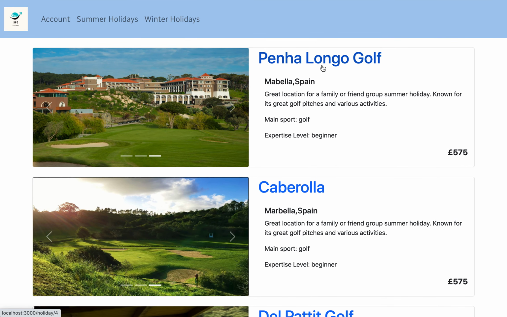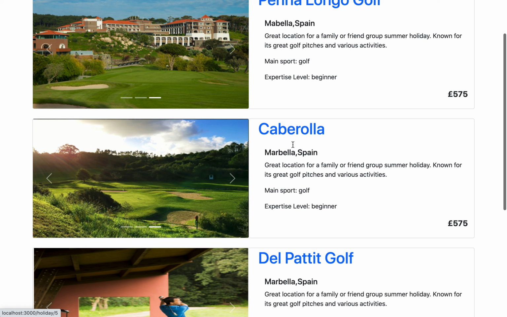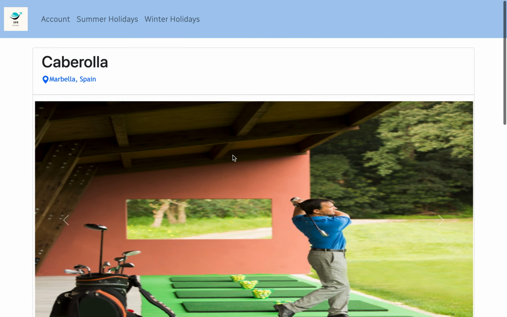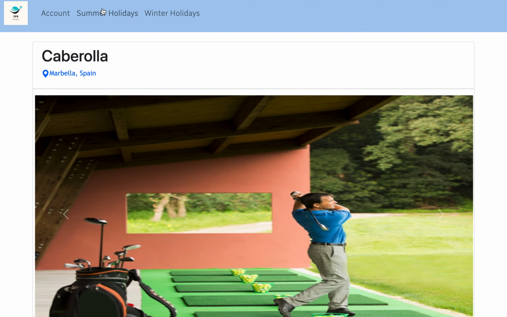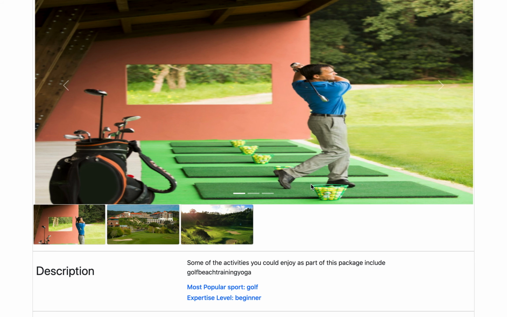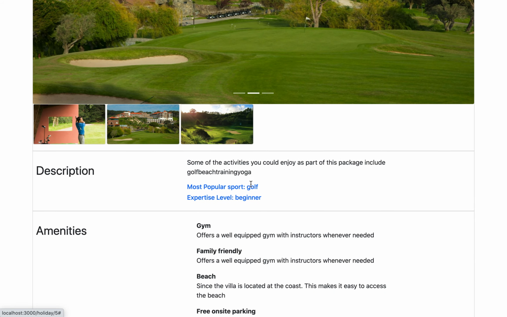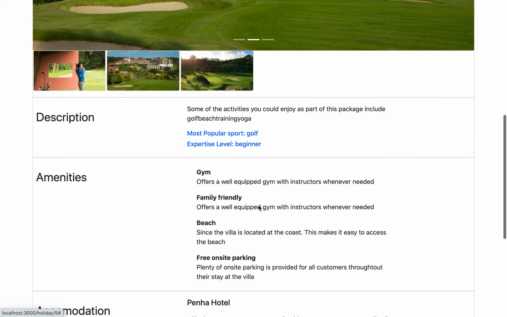So if you want to see more about a particular one, for example, if you want to see Capirola, you just click on the name, and then we'll see a bigger picture of it. At the bigger picture, we'll get the name and then the location, and then we've got this image carousel that just goes through the images, and then we've got a description clearly indicating the sport and the expertise level,